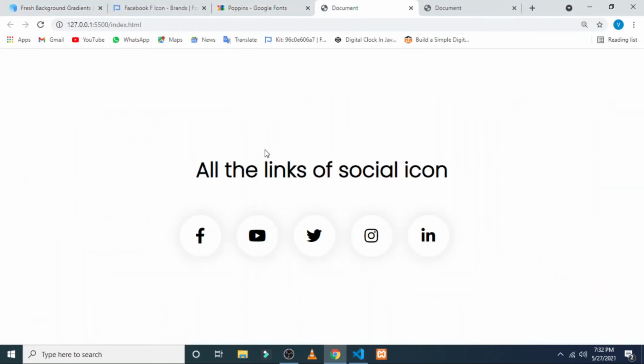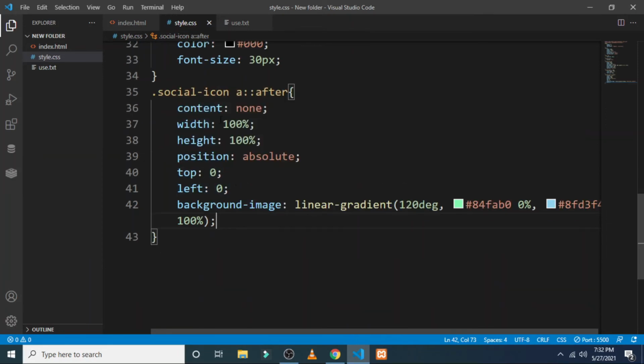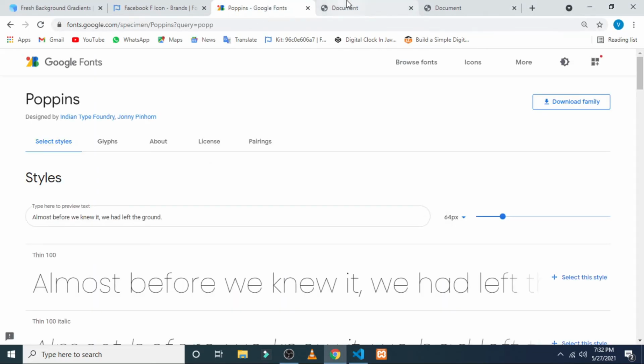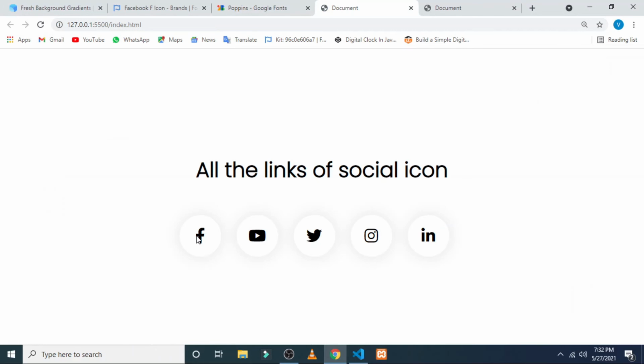So coming to refreshing this part, here I have made a mistake, that in the content there will be not none, it will be the empty brackets. So after checking whether it is correct or not, background image, then after refreshing there will be no effect.